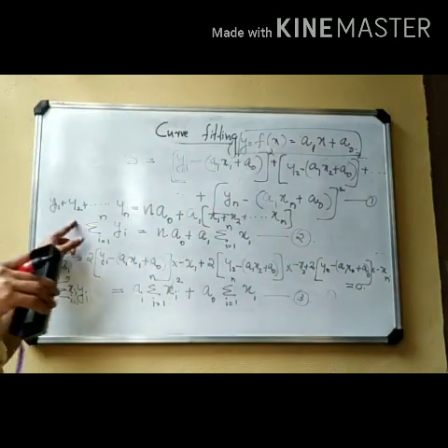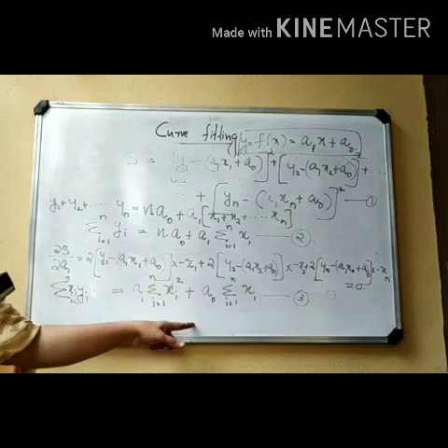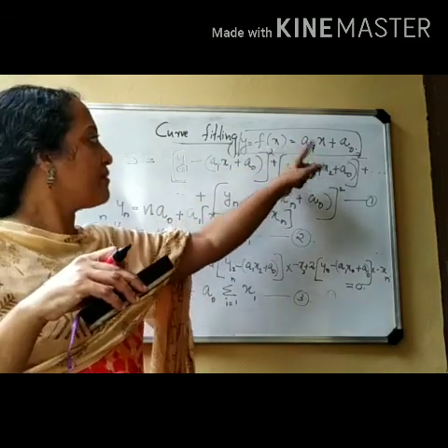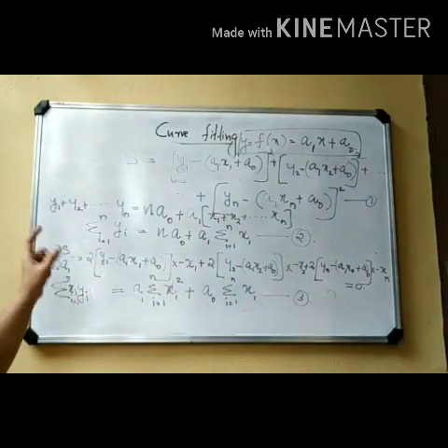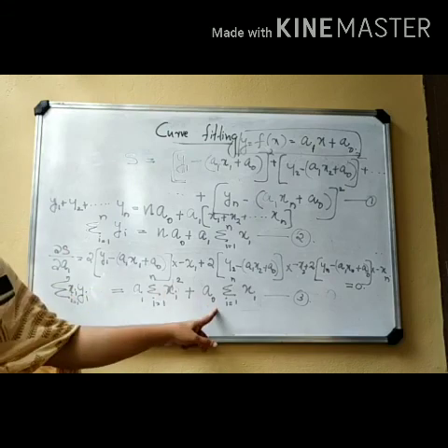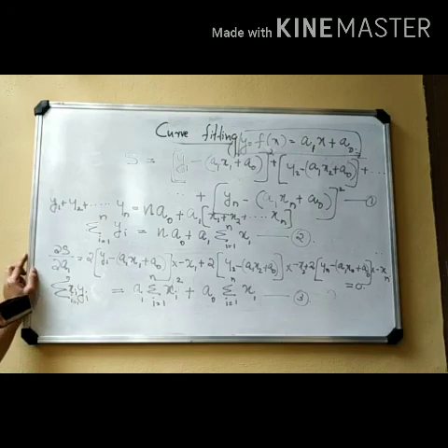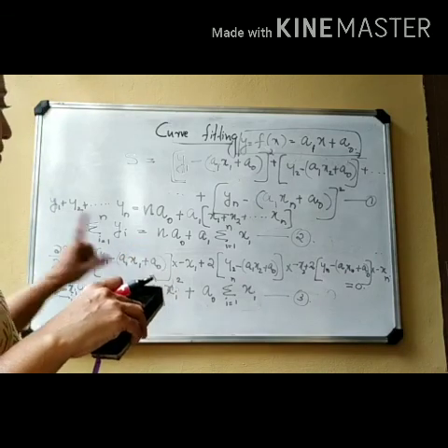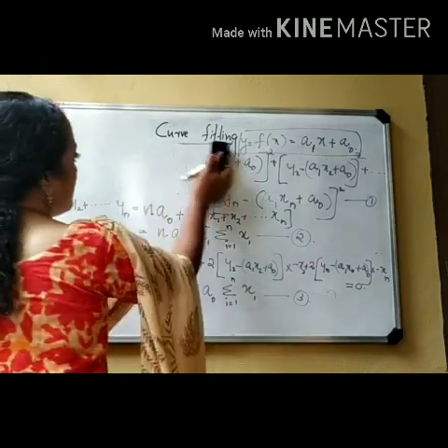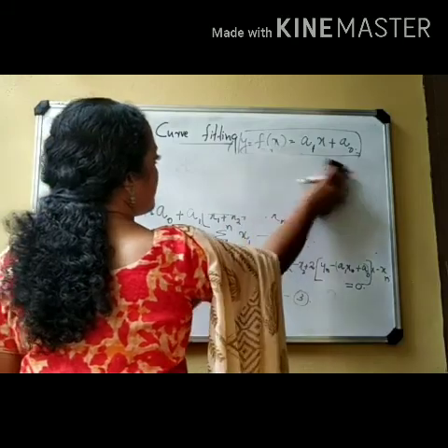So we are getting equation 2 and 3. We have two parameters a0 and a1 for our function. We don't know what the values of a1 and a0 are. Now we have got two equations containing the parameters a1 and a0, so that we can solve these two to get the values of a1 and a0. For that, we will be considering equation 2 and 3 together. So I will be cleaning all this and writing the two equations only.